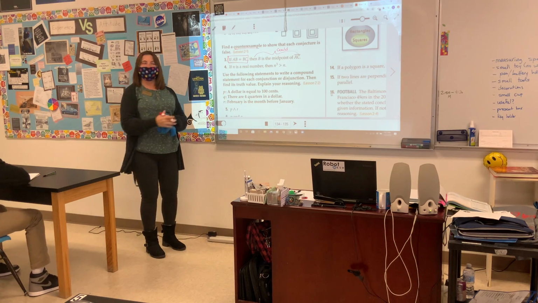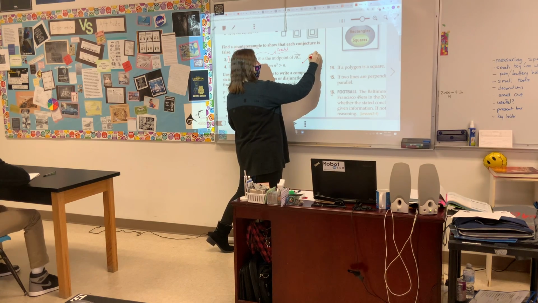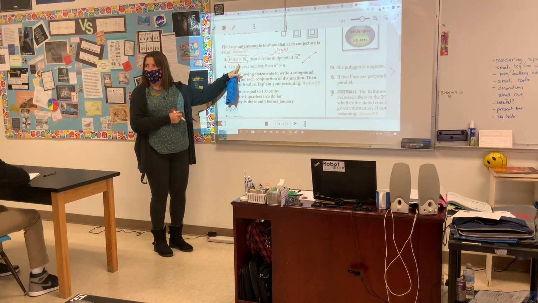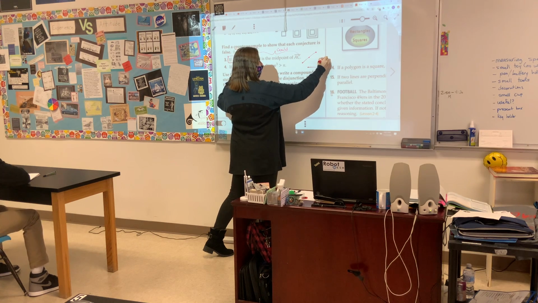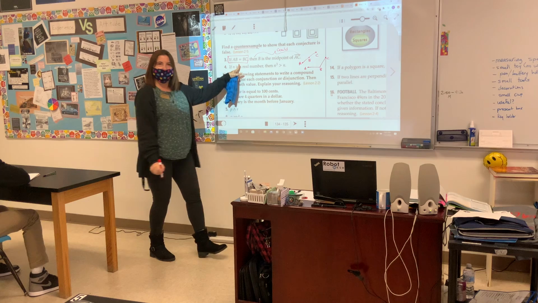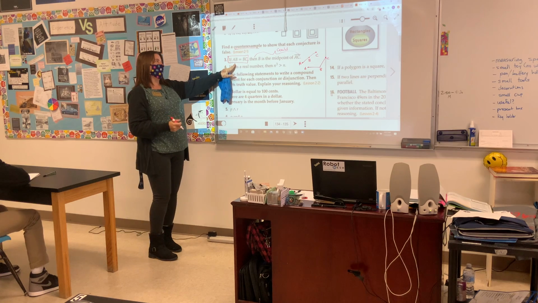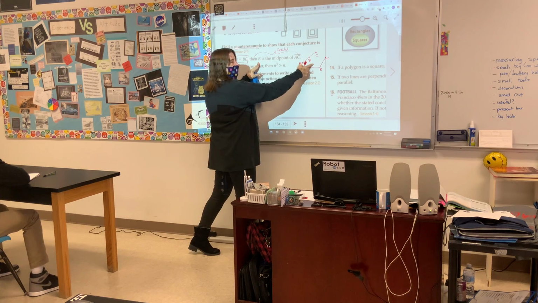but it's not necessarily, this is a sometimes. If all the points are collinear, yes, this would mean that AB is equal to BC. But what happens if they're not collinear? If they're not collinear, I could have two sides of a triangle where this is ABC. Does that make sense? This is one of these sometimes situations. So we can have AB equaling BC, but it's not a guarantee that B is the midpoint.